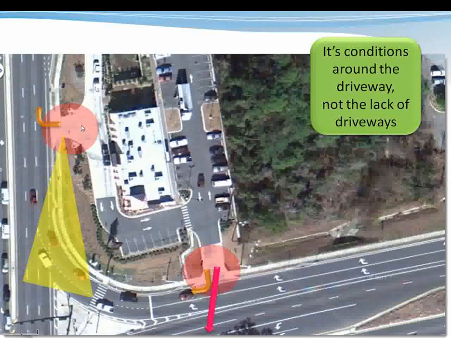In the case of the driveway to the north here, this person, in order to make a right-hand turn, since they can't turn left out of this driveway, needs to look not just to the left a bit, but has to look all the way behind them to see the traffic approaching, to make sure that they have the safest gap to make that right turn movement.